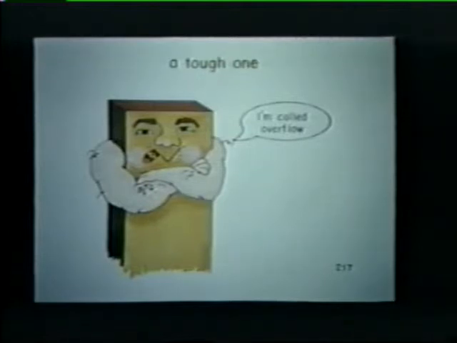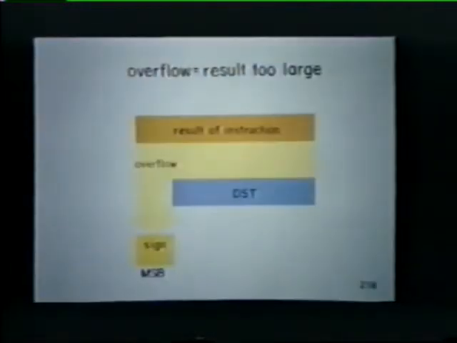We saved the toughest condition code bit for last, the overflow or V bit. It seems tough because a number of factors influence it, but we'll go through it a step at a time to make sure you understand how instructions affect this V bit. An overflow condition exists whenever an arithmetic operation produces a result that spills over into the most significant bit or